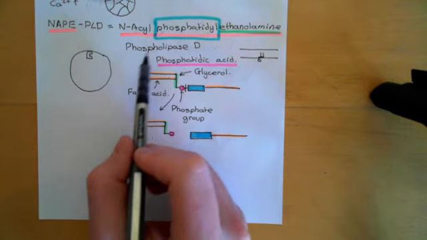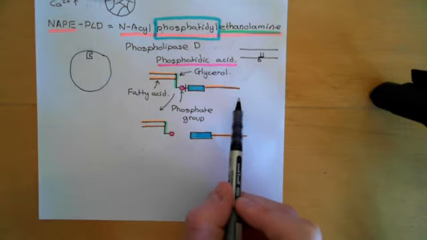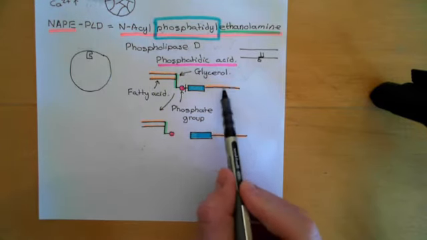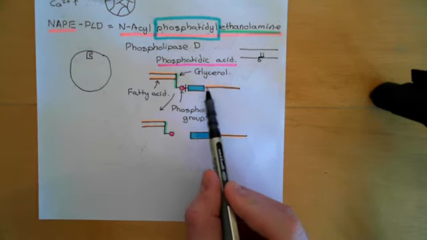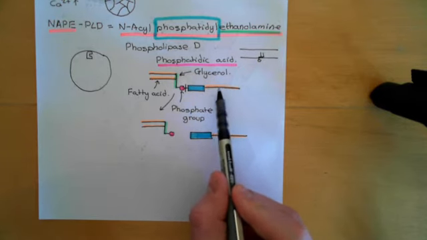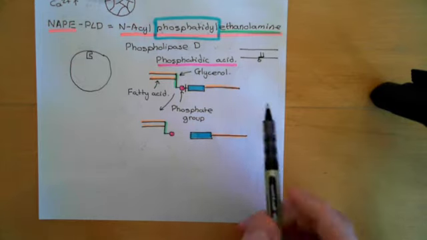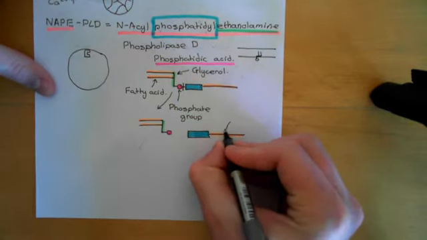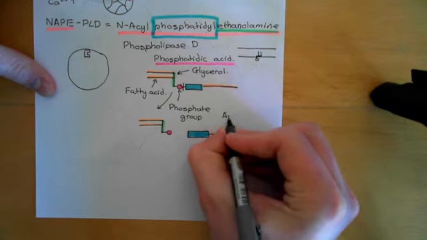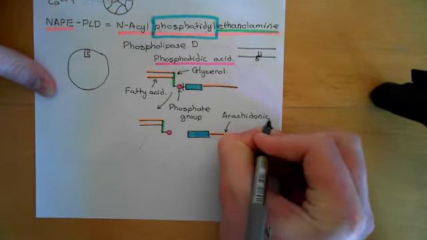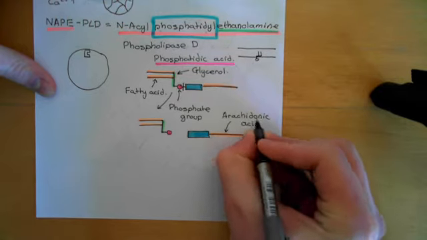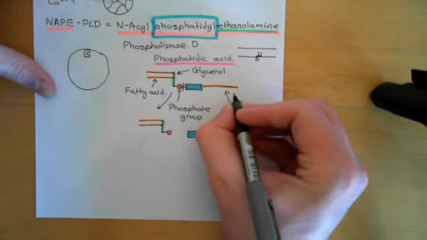Now, in a few of these N-acyl phosphatidyl ethanolamine molecules, it will just happen that the acyl group on the amino group of the phosphatidyl ethanolamine will be arachidonic acid, and it's that we're interested in. So let's say now that this was a very special N-acyl phosphatidyl ethanolamine molecule, and it just so happened that this group was an arachidonyl group.